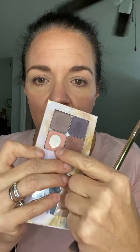So first, we're going to take Mama. I'm going to go in with the fluffy end, and I'm going to just swirl this all over my eye, from my lash line all the way up to my brow. You can already see, compared to the other eye, this is going to give us just an all-over color that is going to blend everything beautifully on top of it, okay? Now, I'm going to do this other eye as well. So this is only using the color Mama